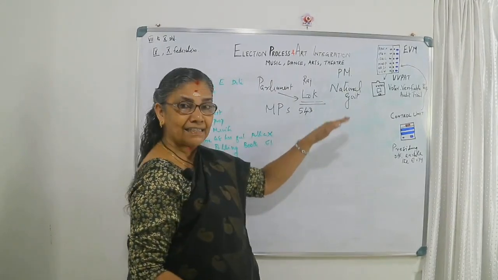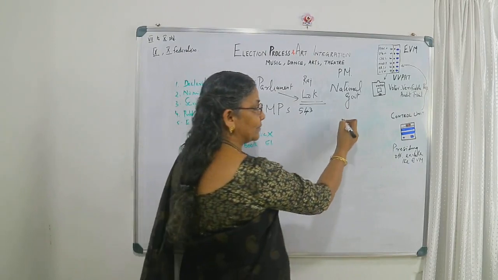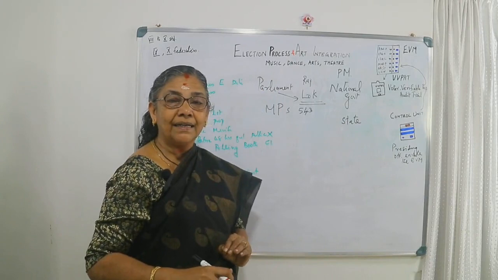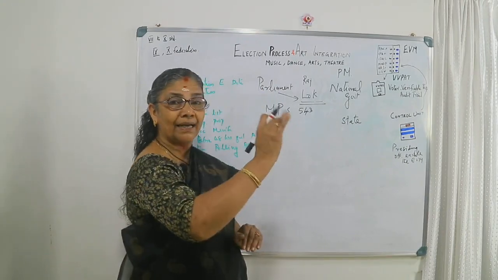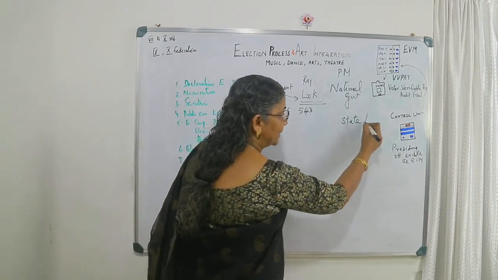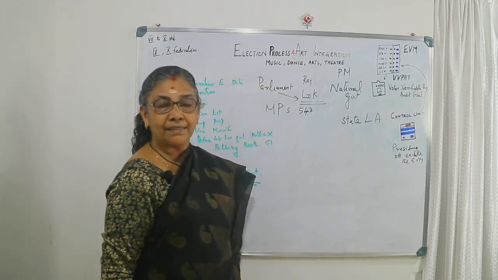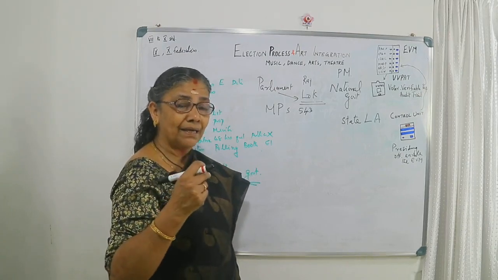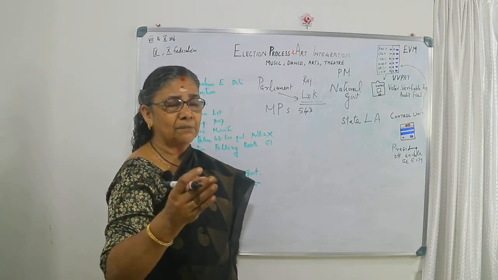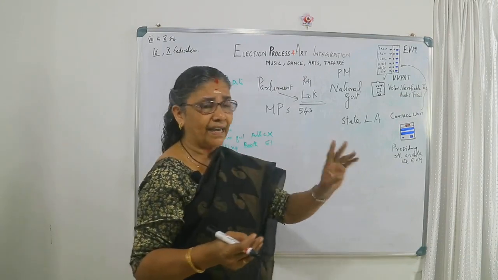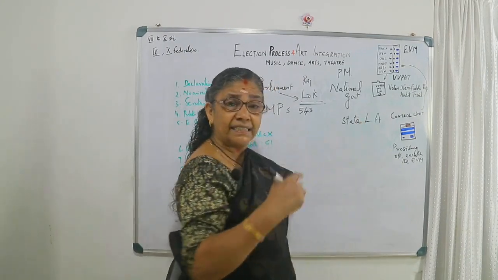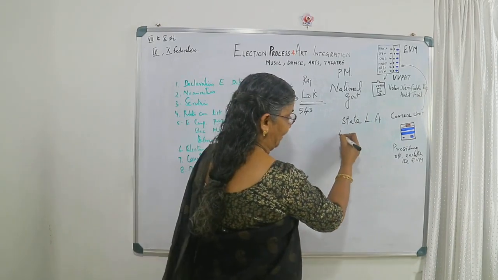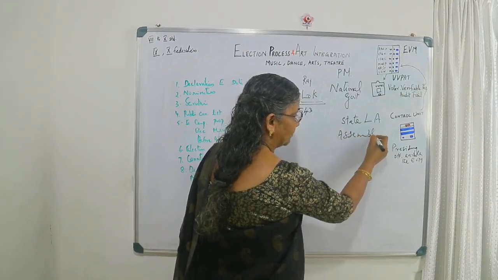Next, at the national level we have a federal form of government. There comes the state level government, and in the same way elections will be conducted. The people elected to the state legislative assembly also have two houses, bicameralism, in some states only, such as Andhra Pradesh, Bihar and Telangana. Only 6 states have 2 houses, called state legislative councils. Here we most often hear about the assembly election.